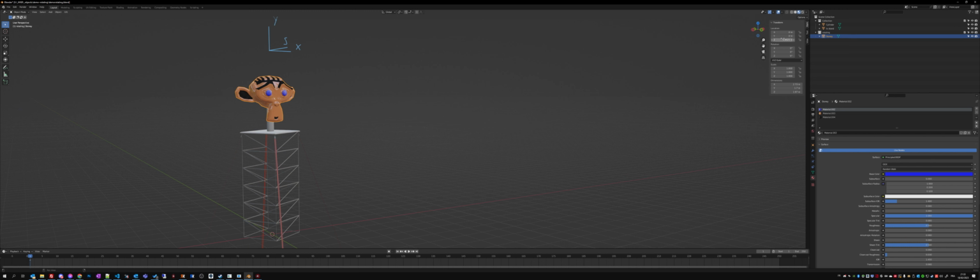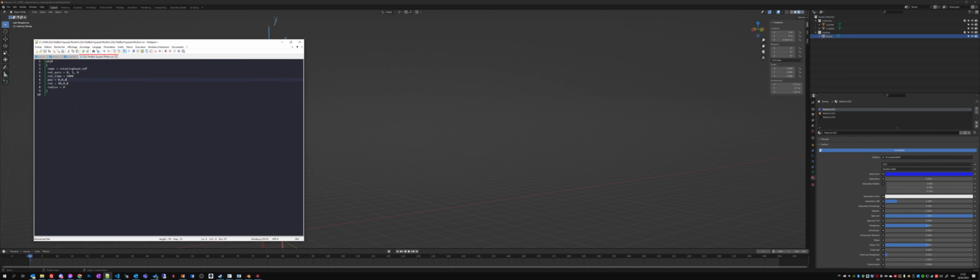I'll have to set a position of almost 6 meters up, so Y and not Z. So basically in position it's X, Y, so here I'll have to change it to 5.9, something like that. But here, because the origin is not changed, everything is good with 0, 0, 0.